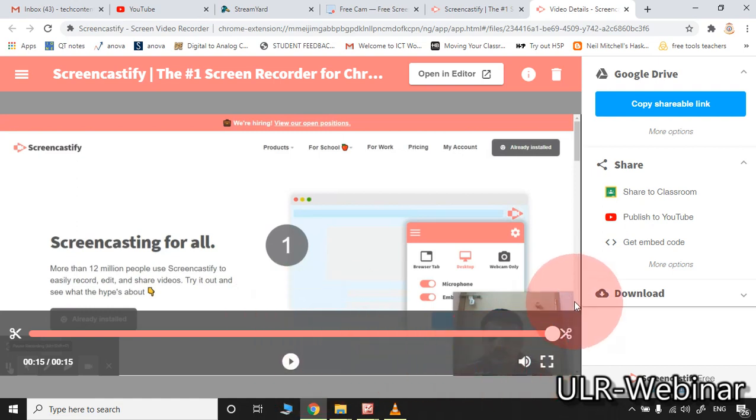So you can add your narration, you can add your webcam by using this Screencastify. First of all, you are supposed to download the extension. It will work only with the Chrome browser. Simply by clicking the extension, within seconds you can start the recording. Nicely you can add your video, your webcam in the screen recording. You can add your narration. You can share your screen.